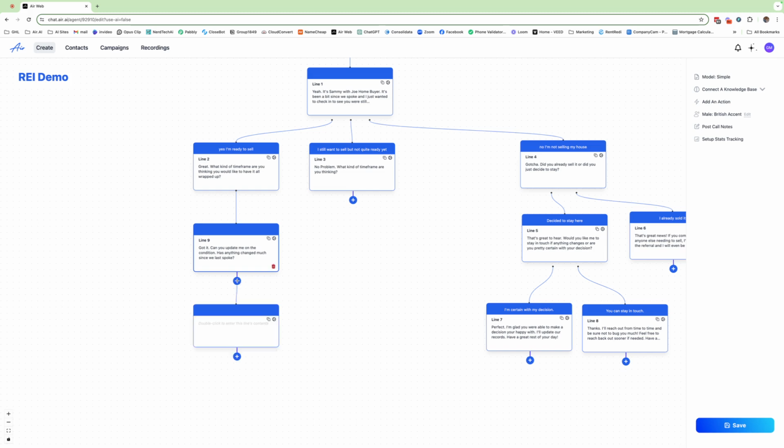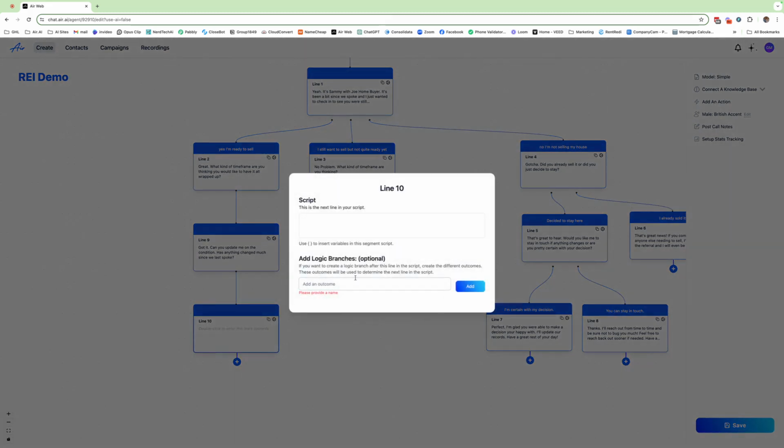This one's pretty much just going to be linear going down, and then we're going to say awesome. What price, or let's see, I like saying, how much did you want to keep in your pocket at the end of the sale? So we're asking them price,